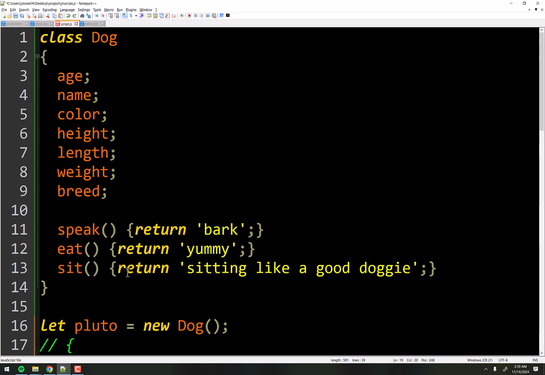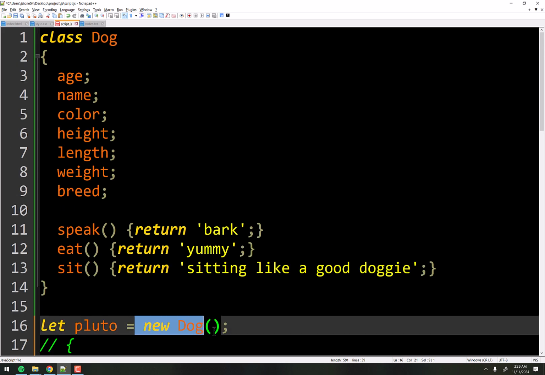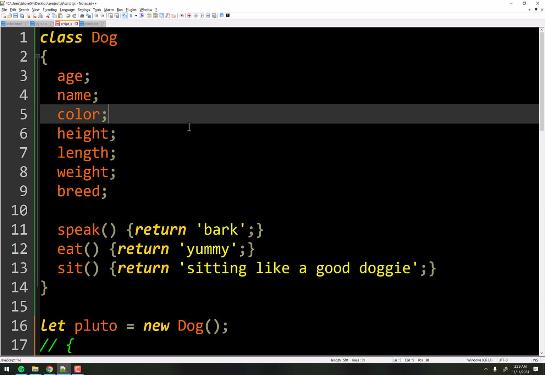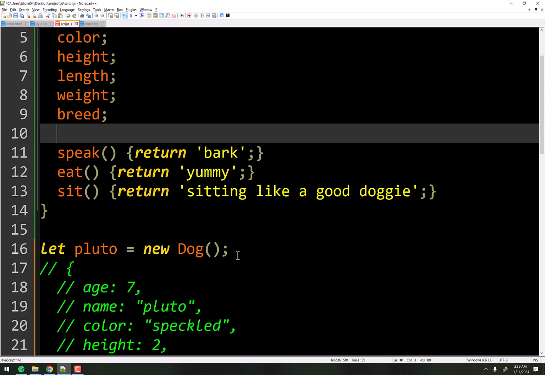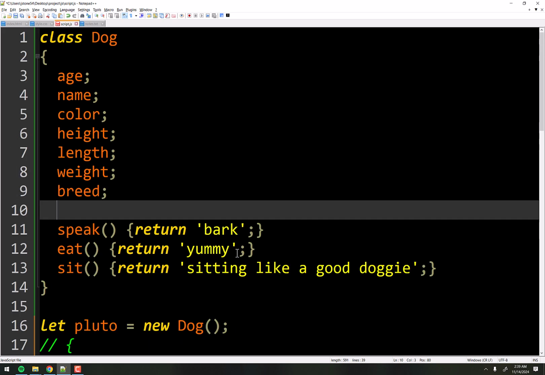What just happened now was this line of code right here goes, oh, I'm supposed to make a new dog. Well, where's my rule book for making dogs? Where's my blueprint? Where's my cookie cutter? Oh, it's this code right here. That's how I make a new dog. And so now blocked out in memory is whatever is necessary to hold all of this stuff here. Okay, now once we've done that, we need to give the color a value, give the age a value, give the name a value, and so on and so forth.